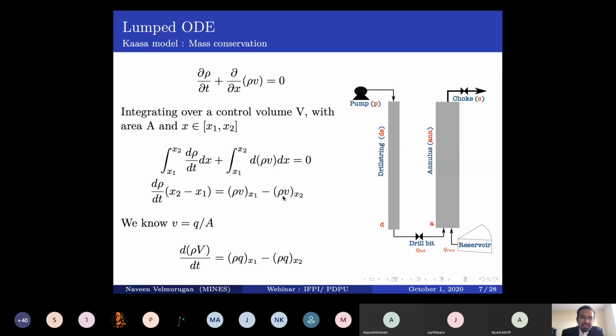In any system for fluid flow, we are constrained by physical laws, right? The first physical law is mass conservation, which translates into: the mass that goes in is the mass that comes out. If there is something that's going to be retained, then that's the function given here. Whatever is accumulating inside your control volume is the difference between what goes in and what goes out. That's the mass balance. And here is the PDE, the general representation of mass balance.